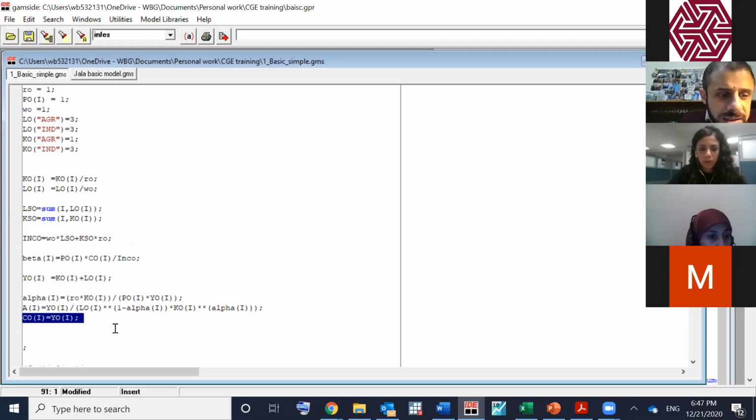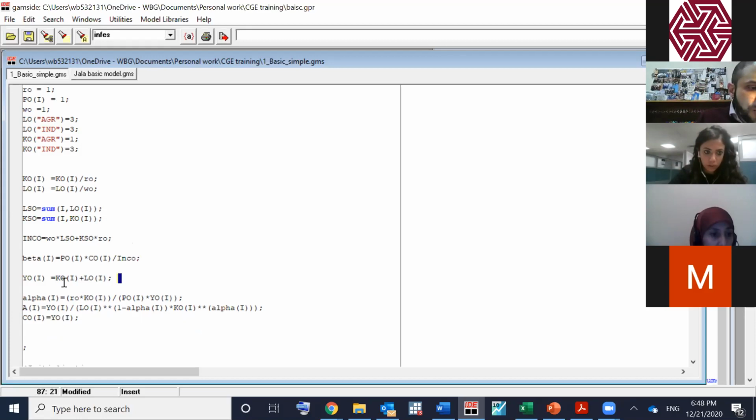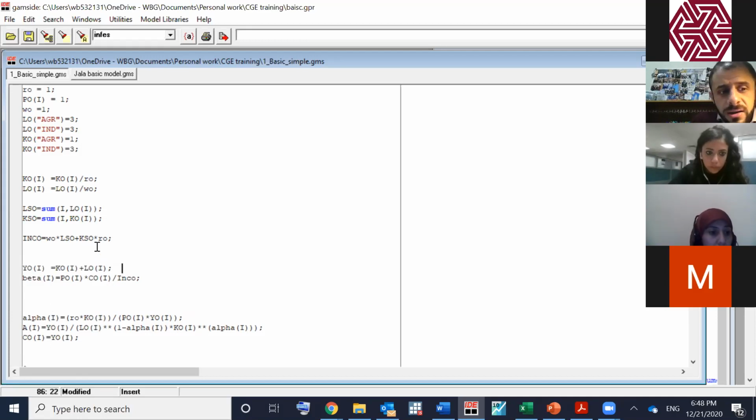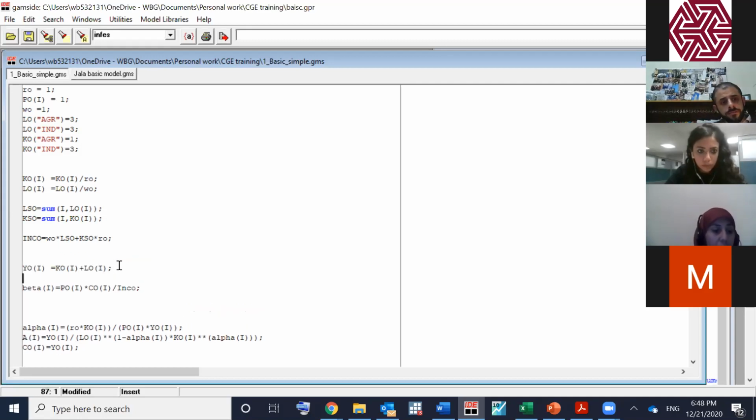And consumption is defined as a function of the Y. So Y has to come first, and then this. So first Y, then consumption, then beta. As you can see, the sequence is really important. Otherwise, GAMS will not be able to correctly calibrate the parameters.